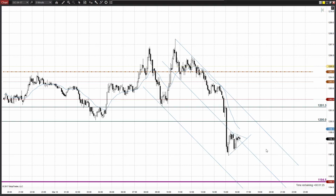Not the biggest wedge in the world, but this could just be a stall before that final leg down to finish the objective. So definitely looking to be a seller. What I would really like to see is a little pop above right into the moving average, trap those prior highs at 99, and then get a turn right back down to get that drive lower back into that